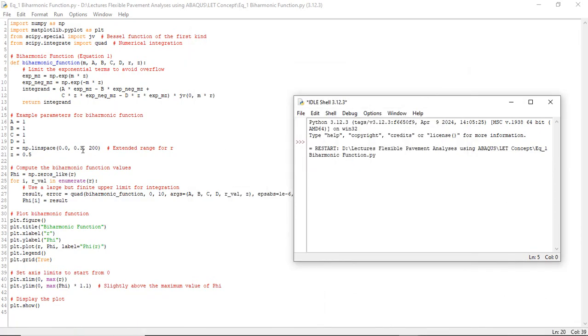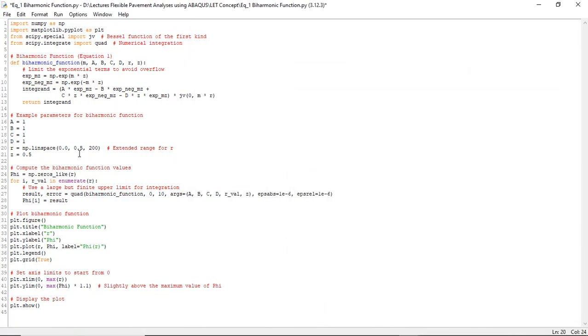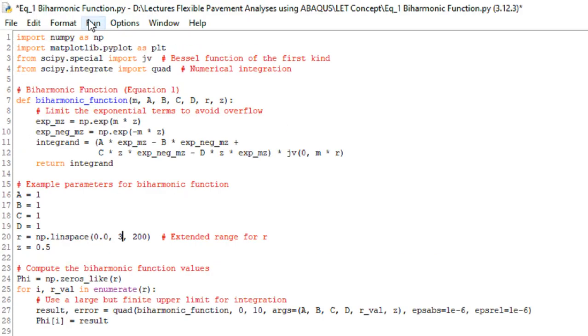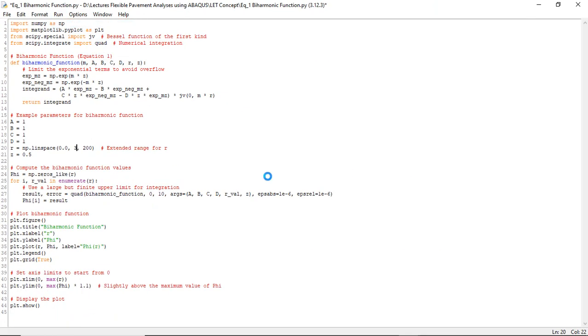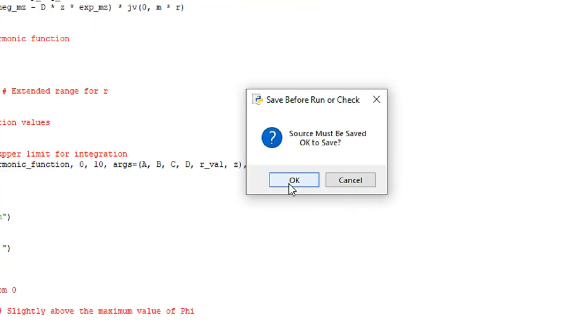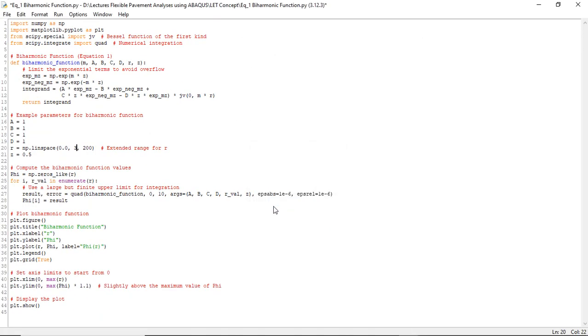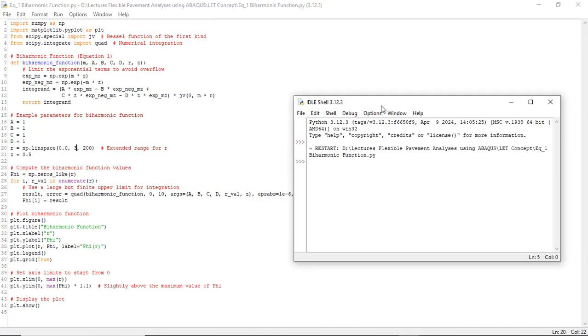So let me use it here. For example, if I use 0.5 instead of 0.3, let's suppose if I use 3 here. So if I click on run module, it will ask me to save the model before using it. So I will just save it and run it. It will take some time, and it will show me the